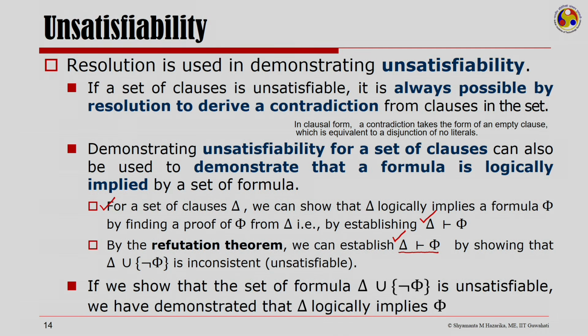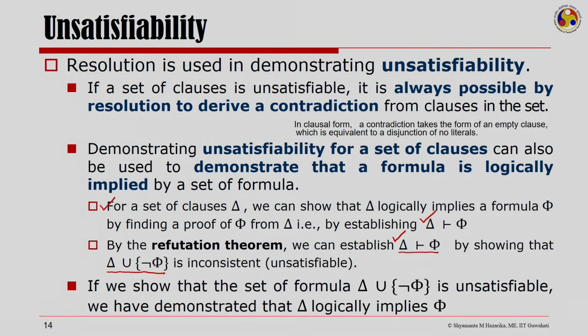For that, we will not derive phi from delta. What we will rather do is take the union of not of phi and delta and prove it to be inconsistent. Let me give you the intuitive feeling of why this would be true. Very loosely you can think of this as following. When I have delta